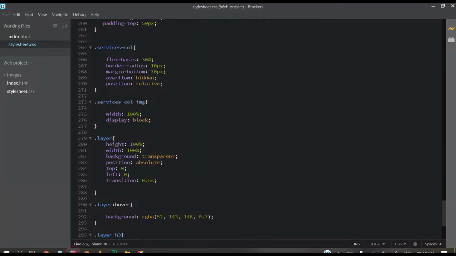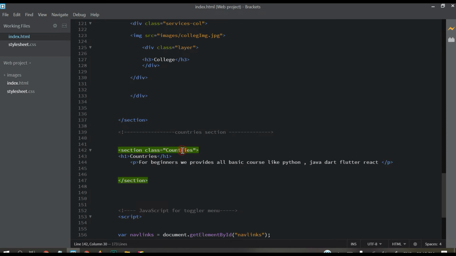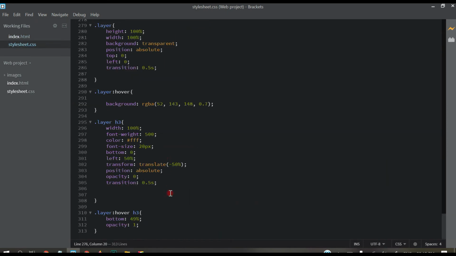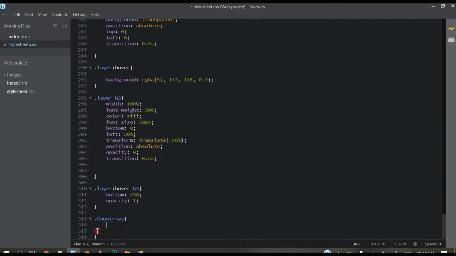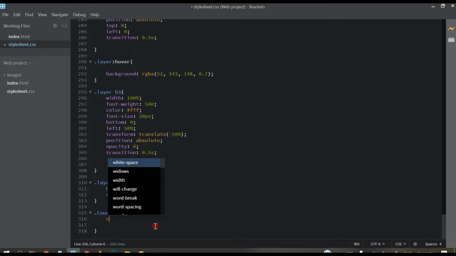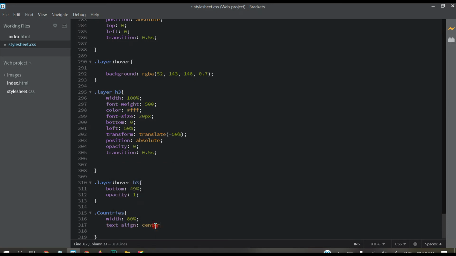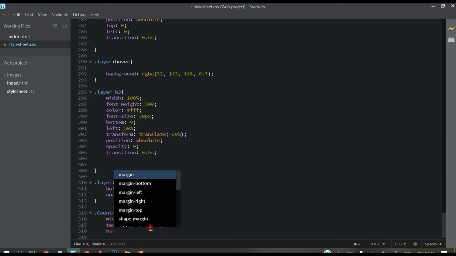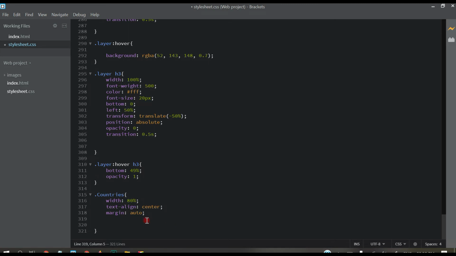So let's go to CSS file, and here just come here, copy this countries class, come here and down below, paste it, open bracket, and then width 80%, and text align center, margin auto, padding top 100 pixel.